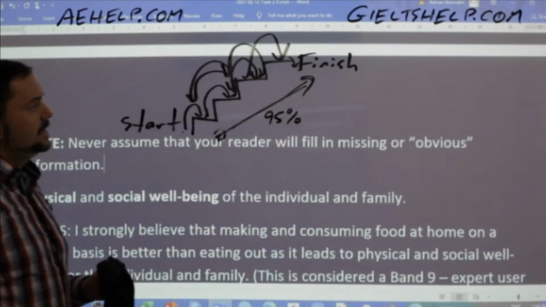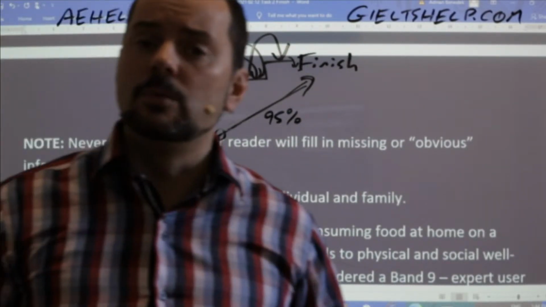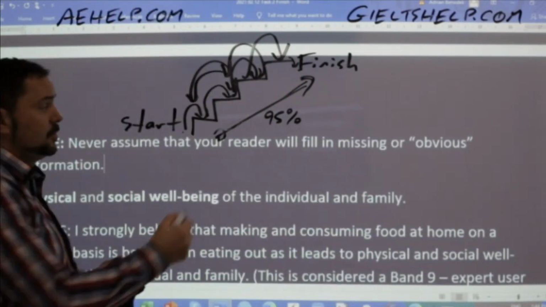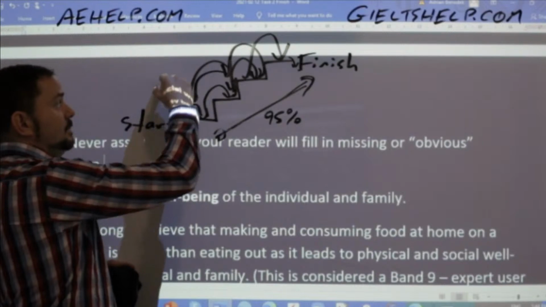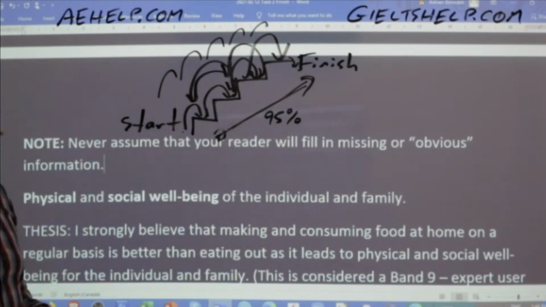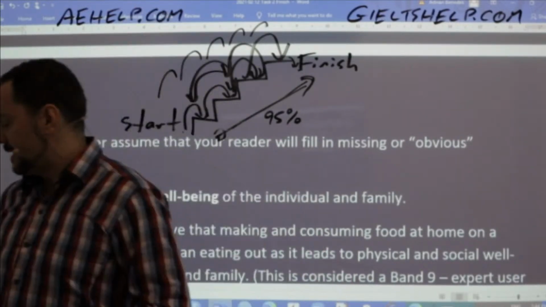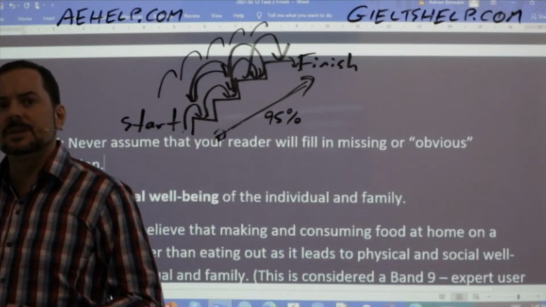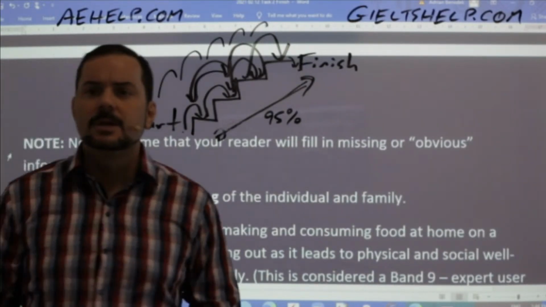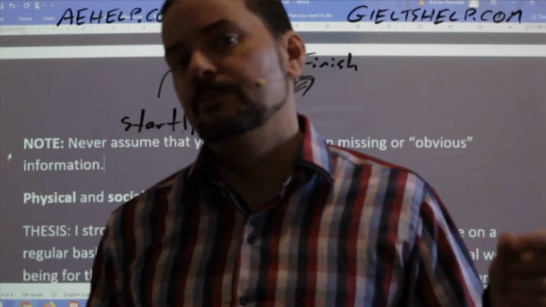Okay, that's also confusing and not really what you want to do for good writing. So 95% of your audience should ideally be moving systematically from start to finish in a very clear path. Okay? Is that clear, everyone, what I'm explaining here with these stairs? What my goal is? Okay?